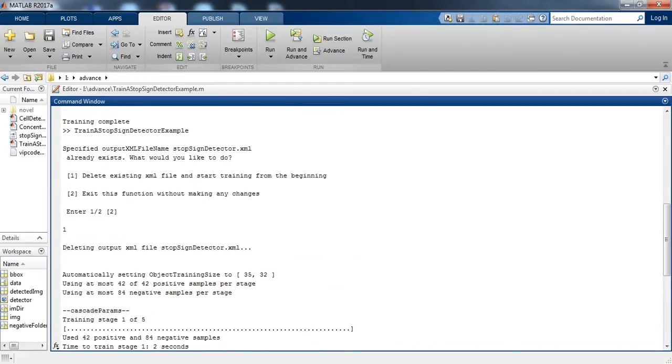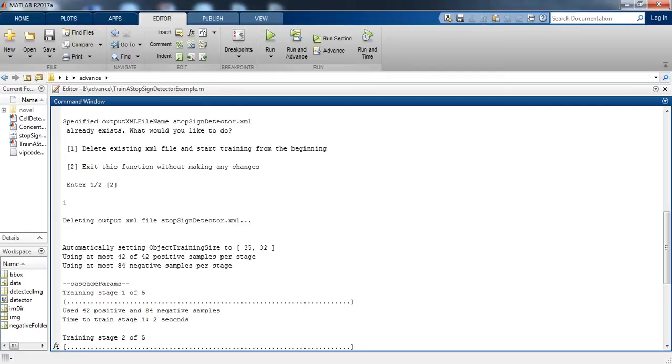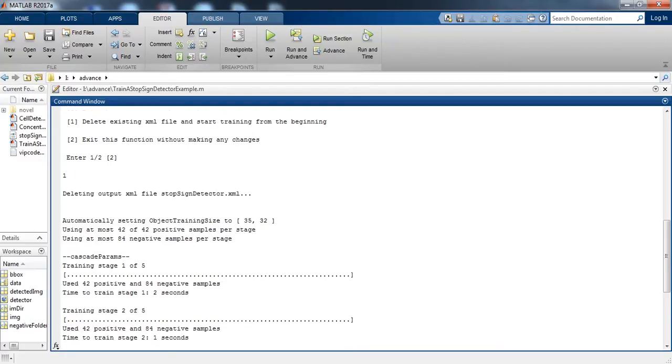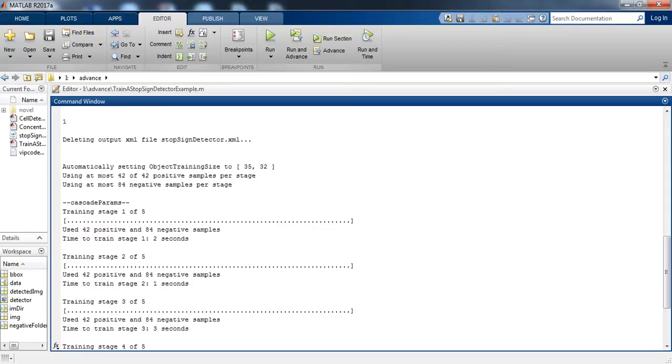Let me tell you what happened in the output. When we selected option 1, it deleted the existing XML file and started training from the beginning, from stage 1. It is basically 5 stages of training.